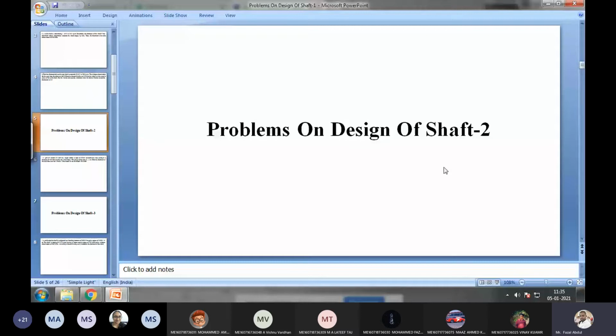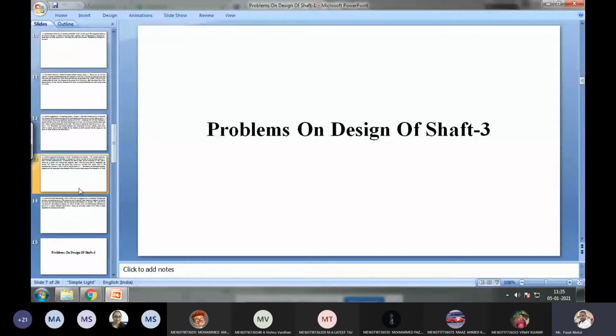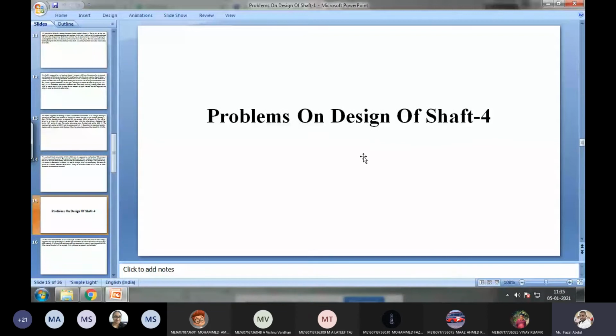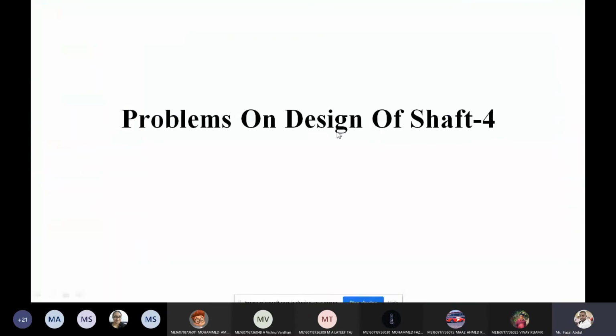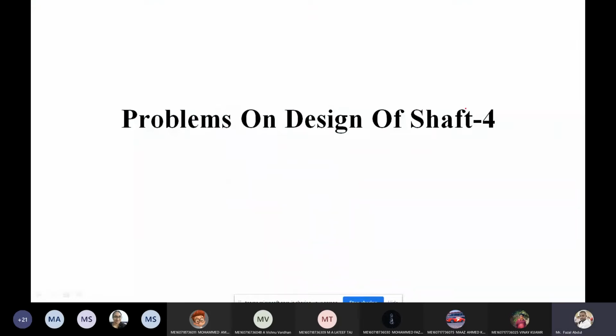In this case, the shaft is subjected to a combination of bending and torsion. So these three types of problems we discussed. Now the case is the fourth one, in this fourth case we are going to study